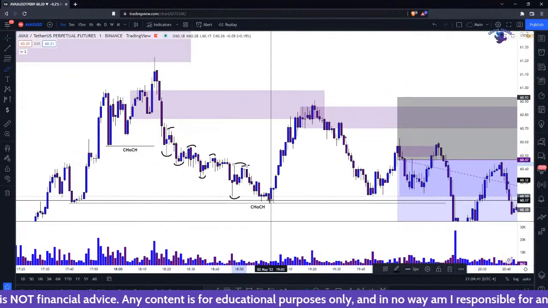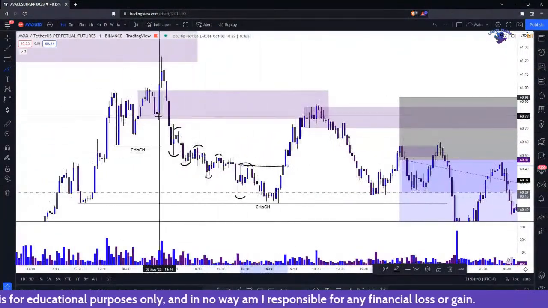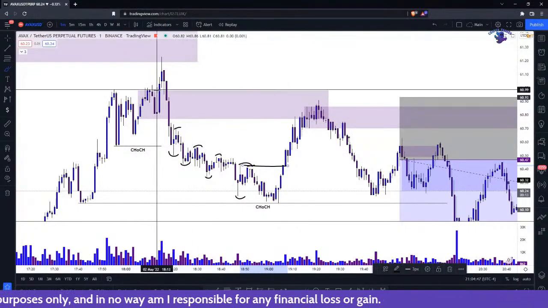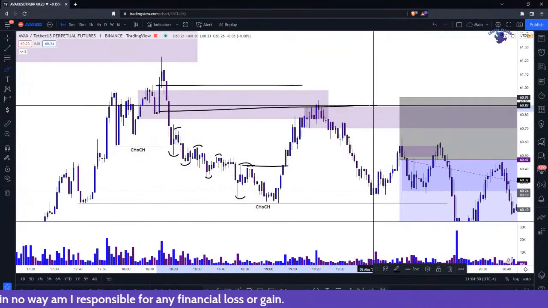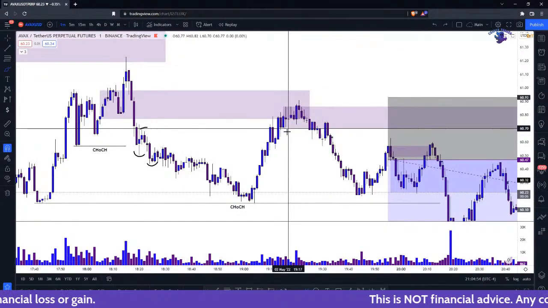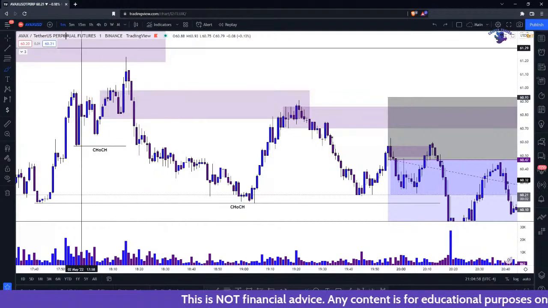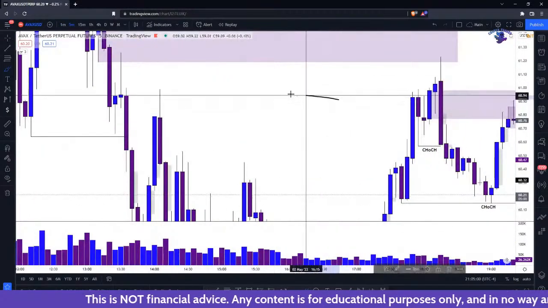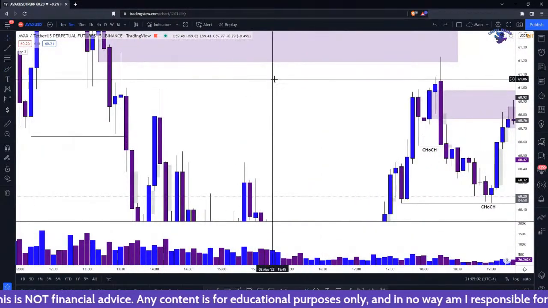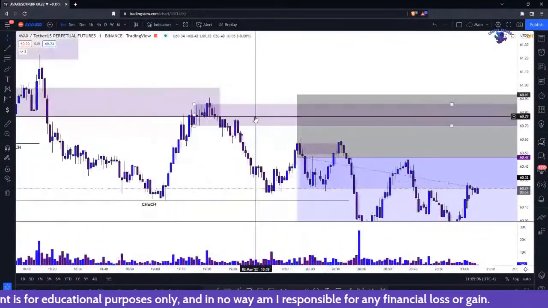Actually, we got here, and then you got that change of character to the bullish side. And where were you headed? Just back up to supply. It wasn't anything major. It looks like you hit equilibrium of this order block over here, but once we saw a rejection from this zone once again, because we have supply up here, I think it was on a 5 minute, bigger candle right here, we saw rejection. Another 1 minute change of character.